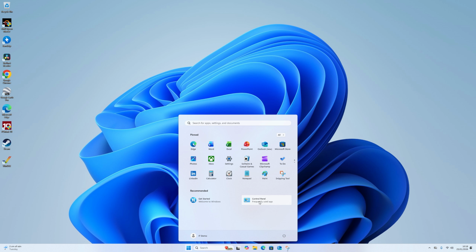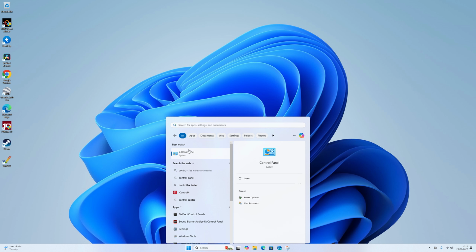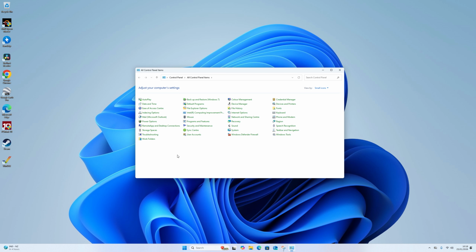So if it hasn't showed up there, Control Panel, and in here you have got a little option for power options. This is under small icons, which is the correct view in my opinion. If it's not on that, you can change to that. Click on your power options,